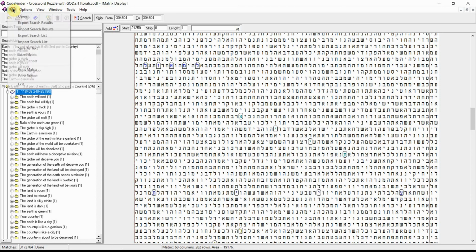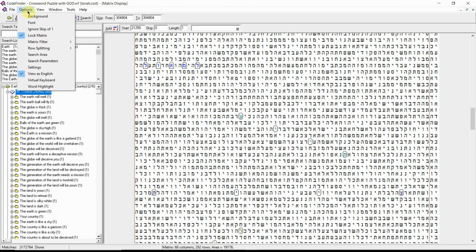Let's go back up here and make sure I'm not forgetting some of the other things I said I would say. Double spacing. See, I almost forgot it. Double spacing. In your settings, there's this row splitting, and I always click on disable.